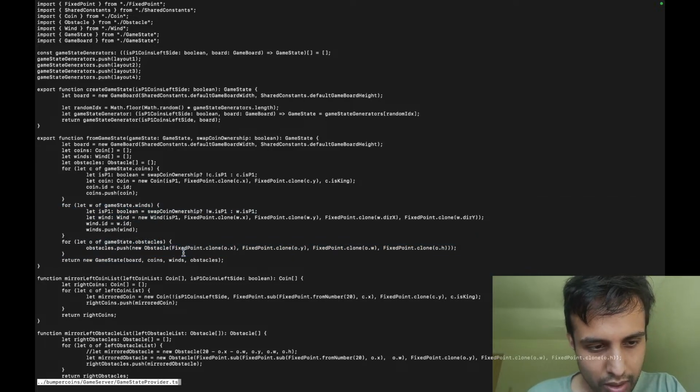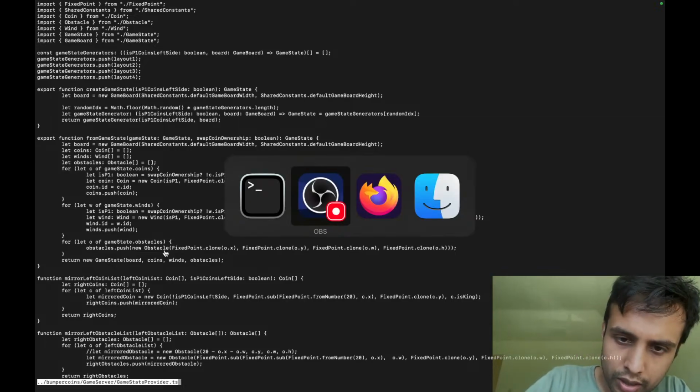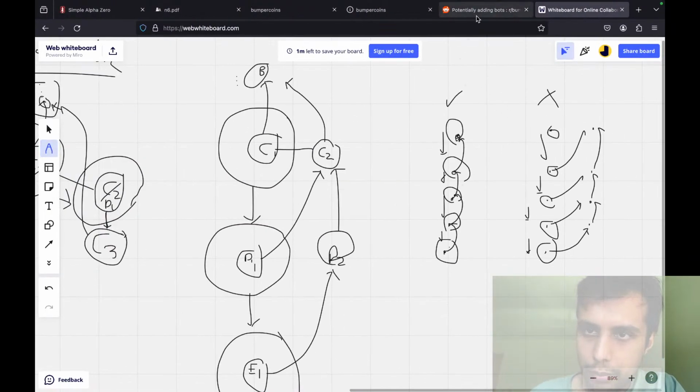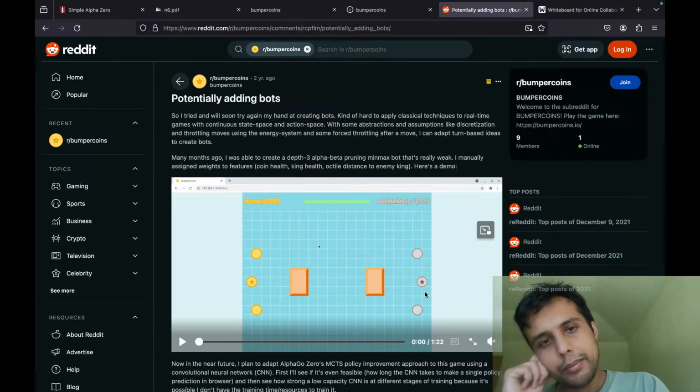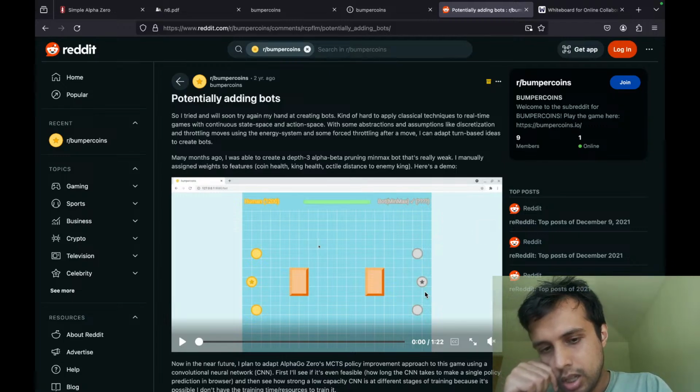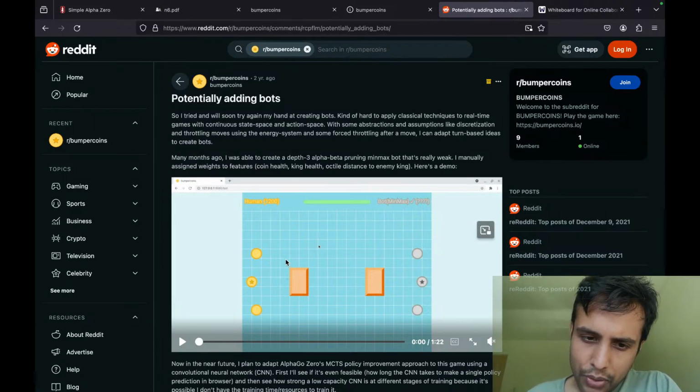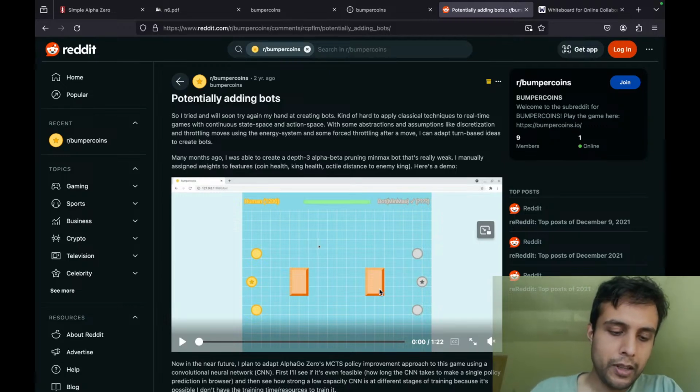Oh yeah, we're going to have an obstacle. Yeah, the obstacle is right. We have two obstacles, but the obstacles never change. In fact, one thing I was thinking about many years ago, when I first conceived of BumperCoins and obstacles, was that coins have health. What if the obstacles have health too? If one guy's turtling and hiding his king behind obstacles, stalling the game like playing Ring Around the Rosie around the obstacles while you're chasing them, what if you could attack the obstacle and destroy it? But anyways,